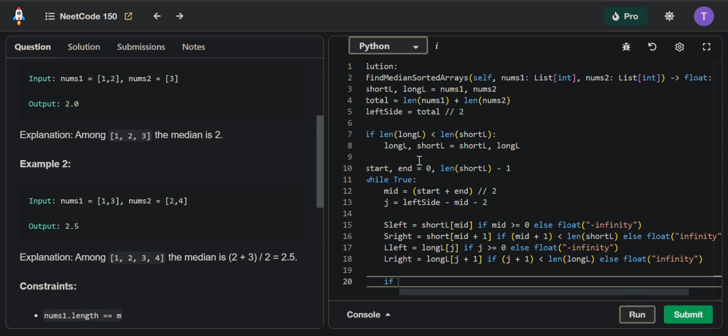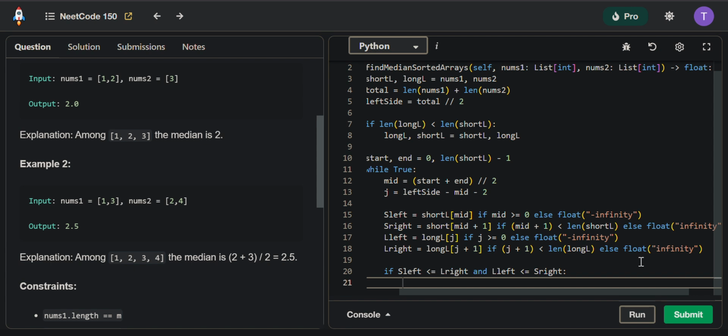So if S left is smaller or equal than L right, and also if L left is smaller or equal than S right. All right, got confused here. So if this is the case, all right,